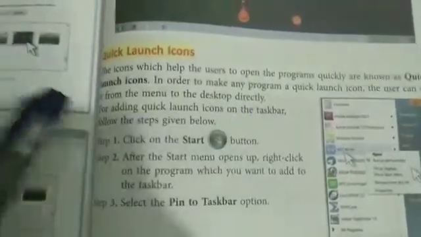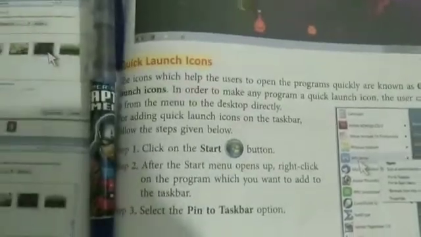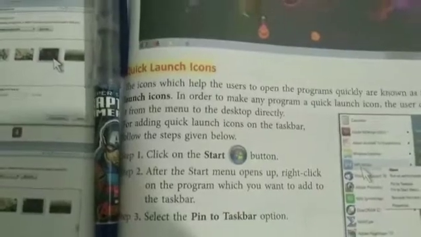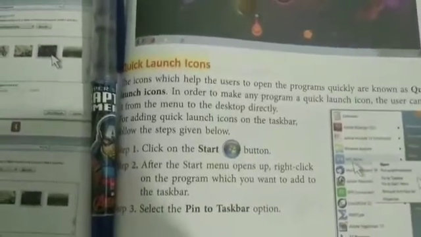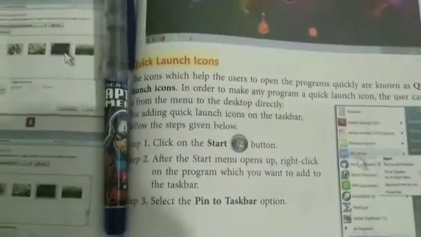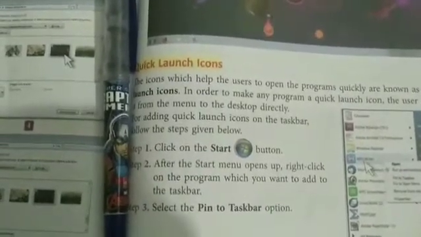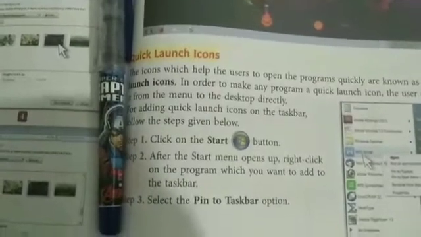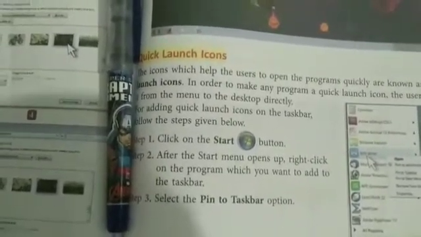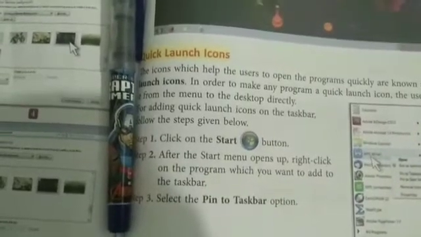So if you want to open the program quickly, you can drag it from the start menu to your desktop. And from there, you can click on it and quickly the program will open.